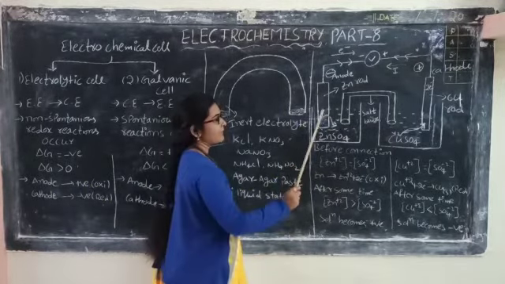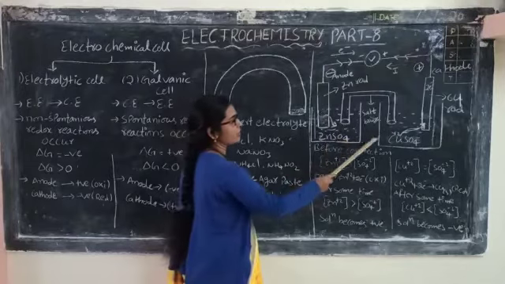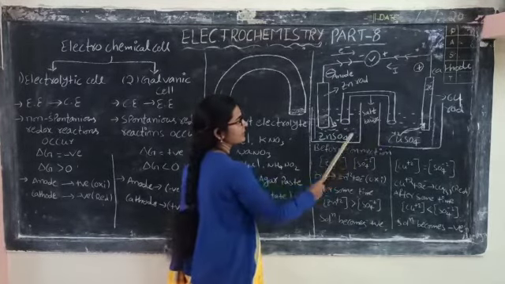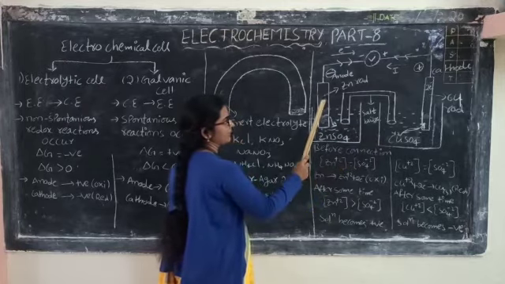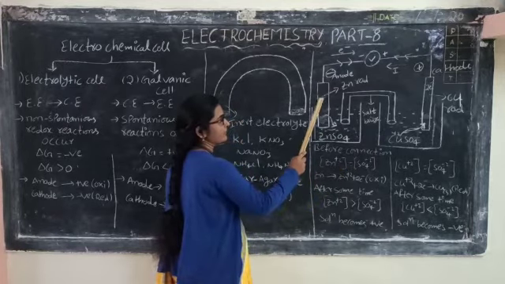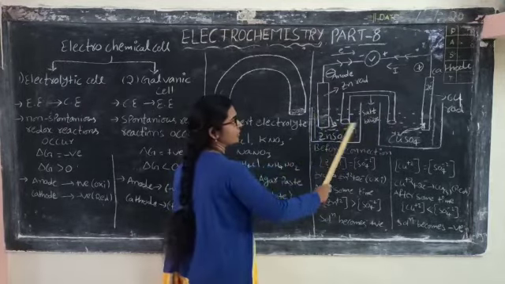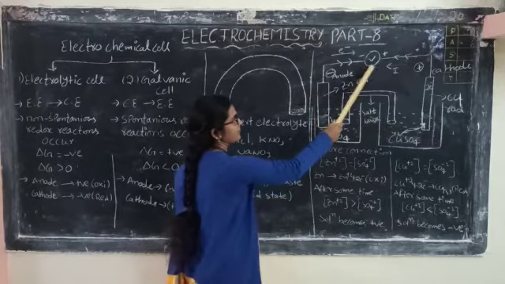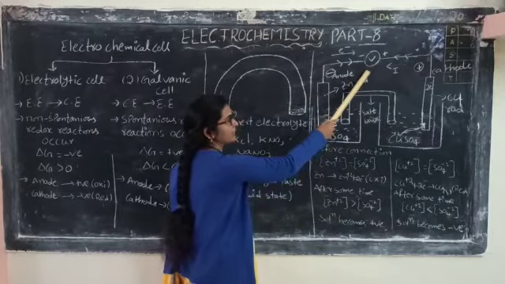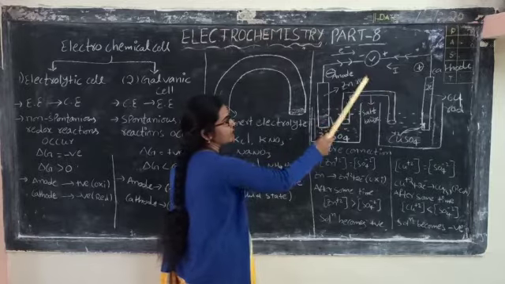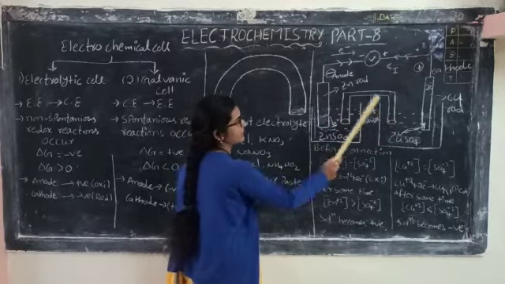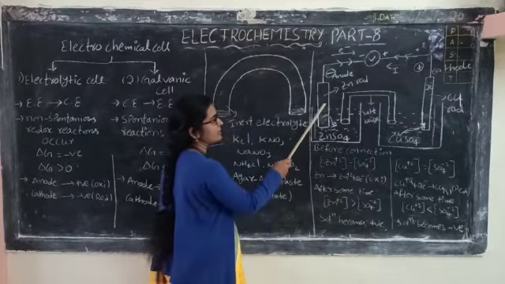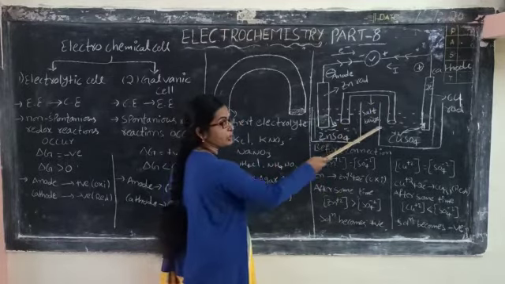We know the galvanic cell is the combination of two half cells. In these two half cells, different electrolytes are taken, and also different electrodes are taken in the two half cells. Both are connected with a voltmeter or battery or bulb. Also, both half cells are connected with the salt bridge. We see a zinc rod is dipped in the zinc sulfate solution, and a copper rod is dipped in the